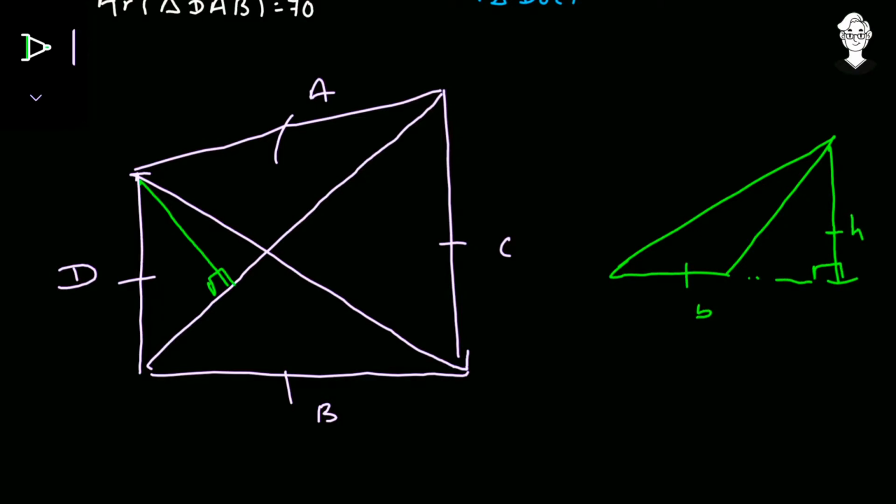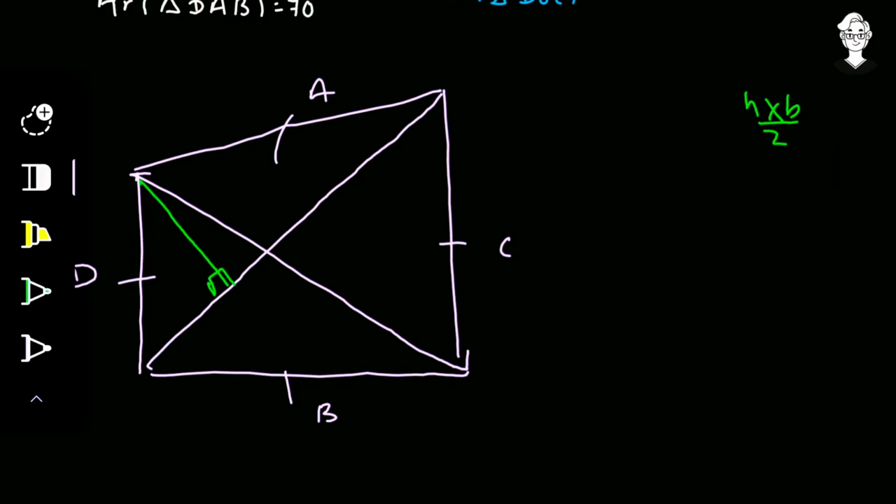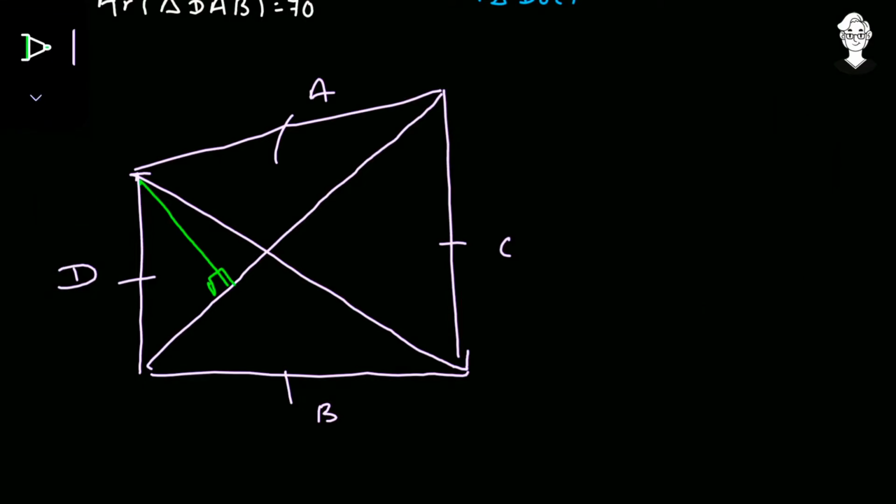This is the base. So the area of this particular triangle becomes h into b upon 2. So for an obtuse angle triangle, all we need is a perpendicular and the base extended. The perpendicular's top point should be at the point of that obtuse angle. Yes. So here I can have the area of D. Let the base also be marked. Let this length be X and let that length be Y.